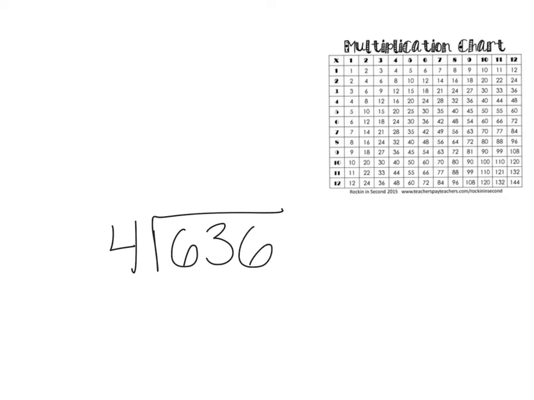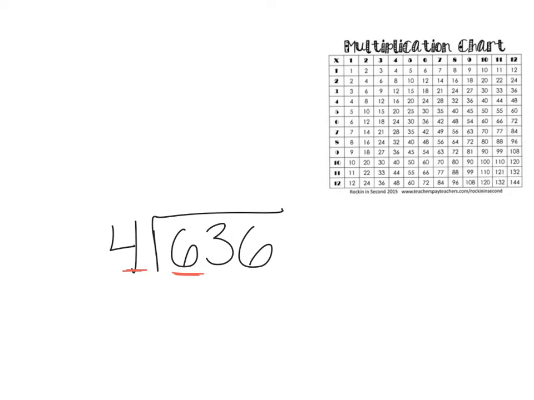Okay, let's try another. Let's try 4 divided by 636. So again, now this one looks a little bit different than the other. If you go back into your notes and look at the one we just did, we notice that this number right here was too small. Now, however, it is bigger than our outside number. So we know that we can make 4 groups